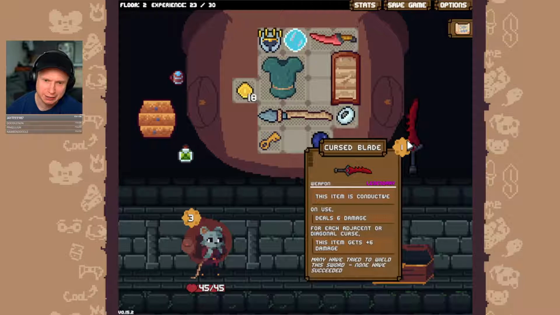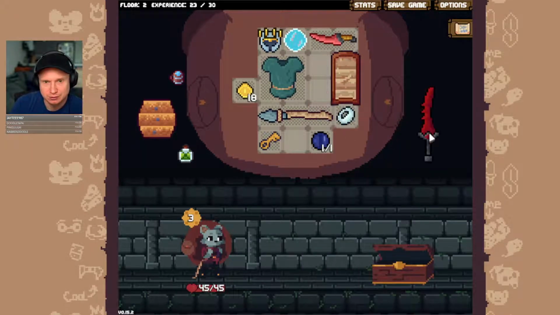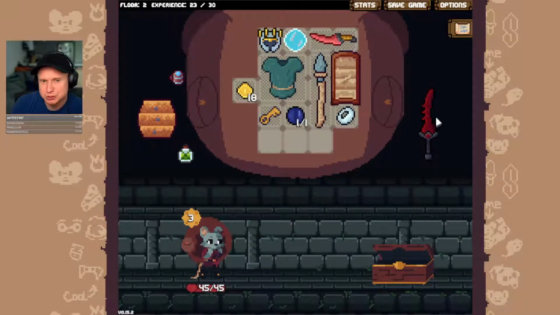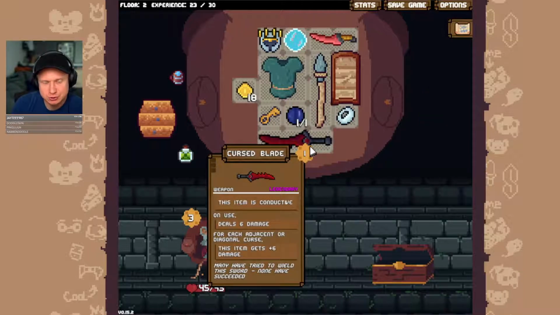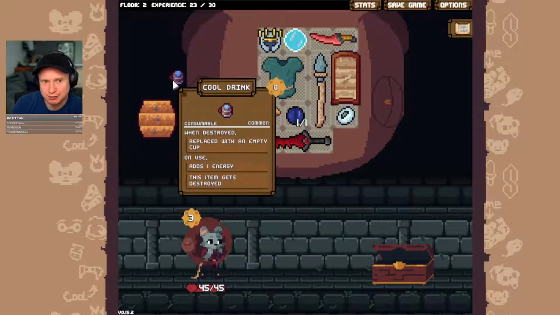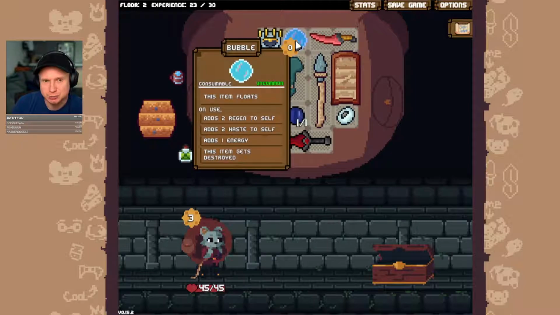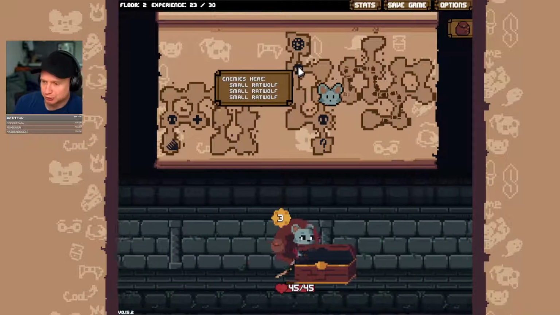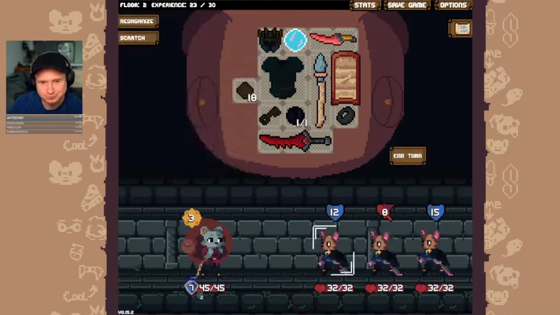And then we have the cursed blade, which is a legendary. This item is conductive. On use, deals 6 damage. For each adjacent or diagonal curse, this item gets 6 damage. Many have tried to wield this sword. None have succeeded. So I don't see a reason. It doesn't seem like it creates curses. So maybe we just do this and we can just generate curses? I don't know. Ooh, and then this generates an energy, but this also generates an energy, so we'll keep that. So there's some type of curse build available here that we may or may not learn about. But...